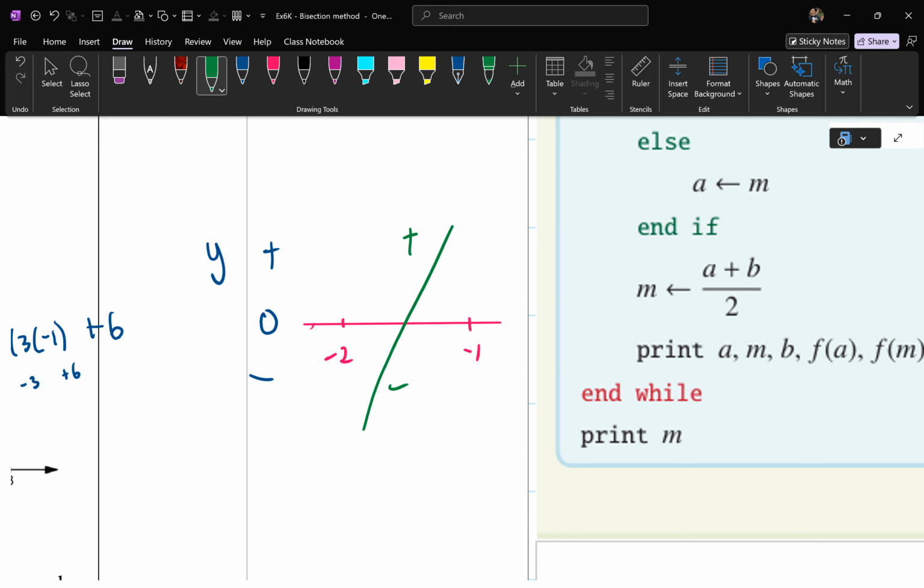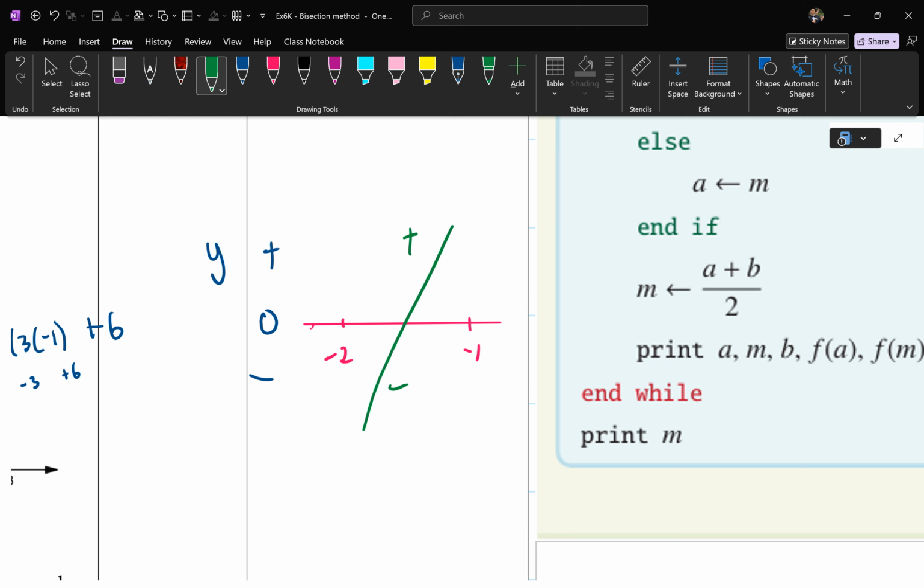There's always going to be 2 different signs on either end. They can't both be positive, because then you're not going to be touching the x-axis. They can't both be negative, because then they won't be touching the x-axis. One has to be negative, one has to be positive. Then the 0 must be in between. True? So because of that, we say, okay, well, that means if I know the x-axis intercept is somewhere between